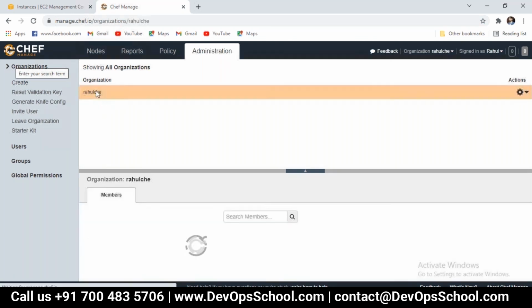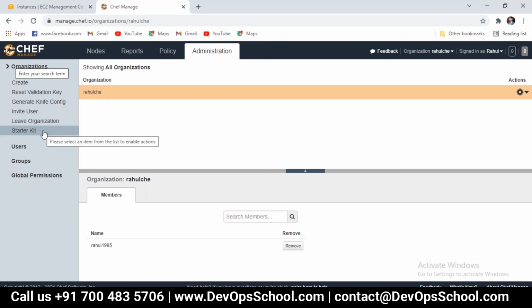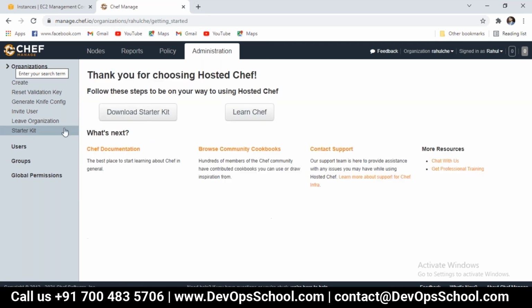Then we will click here and we will be able to download the starter kit. We will download that starter kit and do more things, how we can connect the nodes, and how we will shift all the things to Linux. And one more thing, you need to install the WinSCP software.